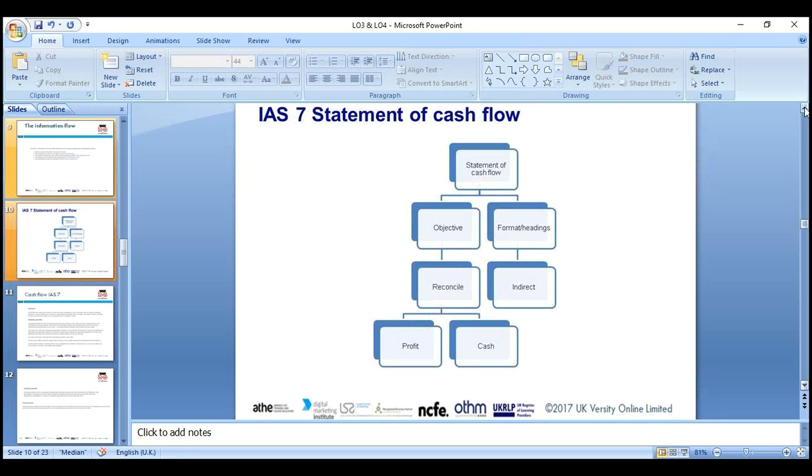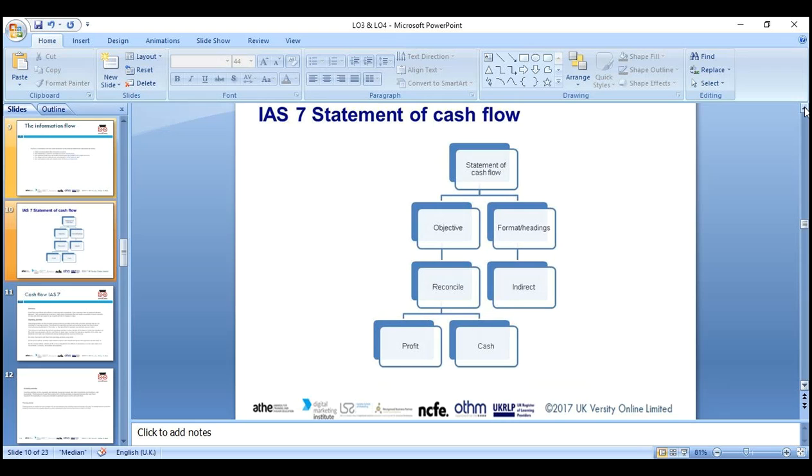Next we're looking at IAS 7. IAS 7 is about the cash flow statement. What comes in the cash flow statement? What is the purpose of the cash flow statement, which is LO3? There is a lot of discussion and indicative content we're supposed to cover. The objective of the statement of cash flows: the other two statements are not 100% about cash transactions, but under the statement of cash flows we look at the inflow and outflow of cash, how much money came in or went out of the business.